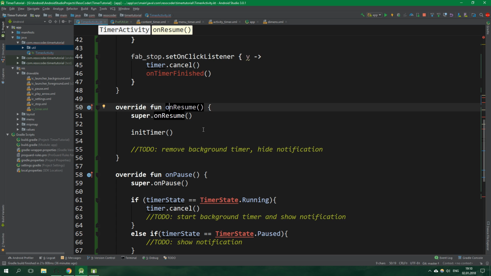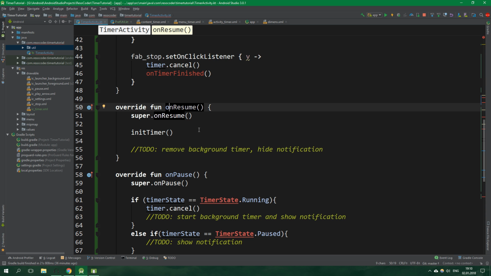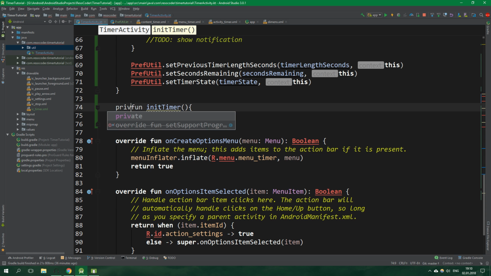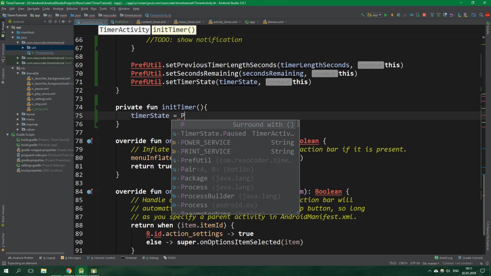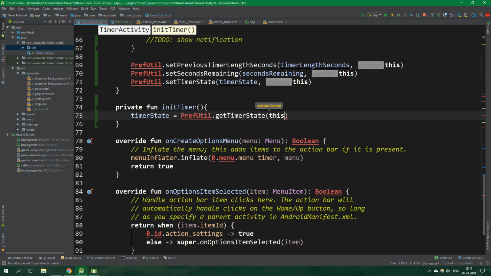OnCreate is called only once, and then it's called again only when the activity was destroyed in the background. OnResume is gonna be called even when the activity has not been yet destroyed. And inside initTimer, which should actually be private fun, we wanna get the current timer state, and we want to get it from preferences, so PrefUtil, and we want to get timer state, and let's pass in this as